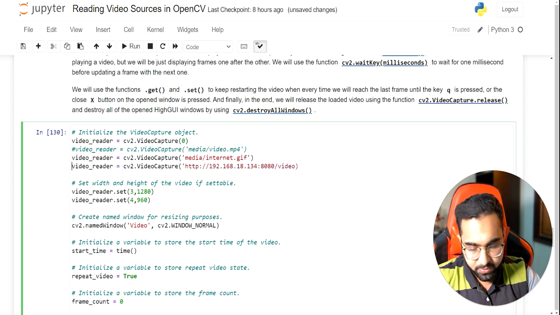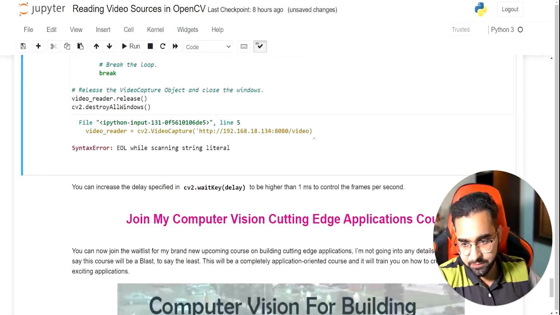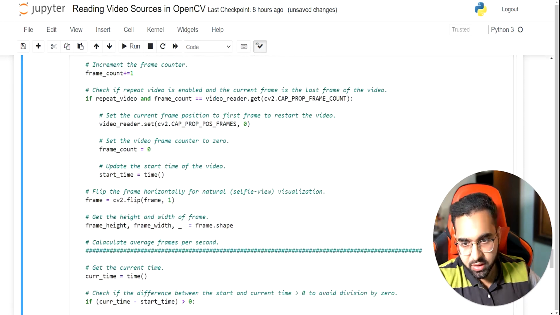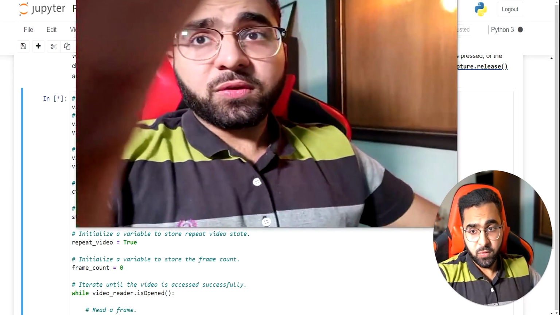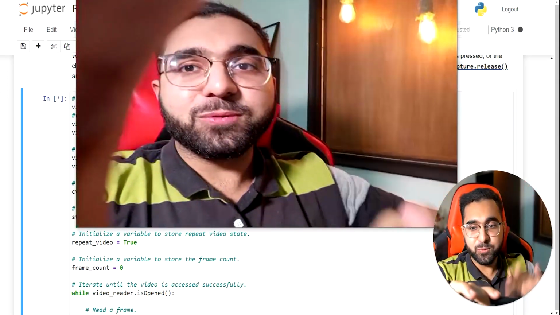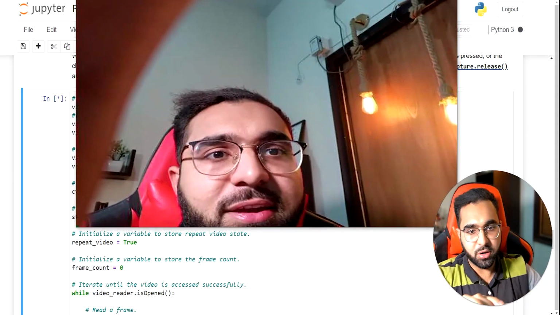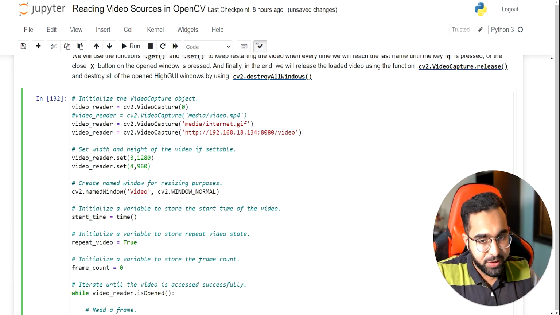Now without further ado, let me read that in here, and I guess this should pop up. I think there's an error here. I think I need to do this, and I need to run it again. So yeah, it's appearing here. As you can see me, this is what's happening, and I'm going to close this now. Okay, so that's how you access 4 different video sources in OpenCV.